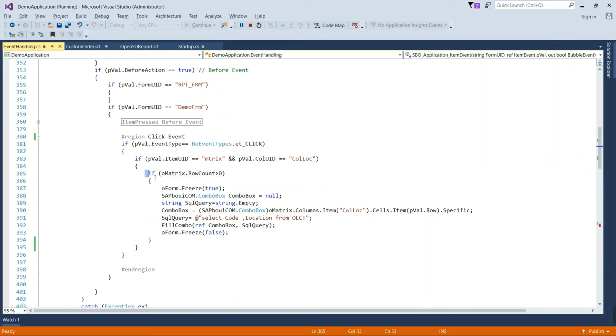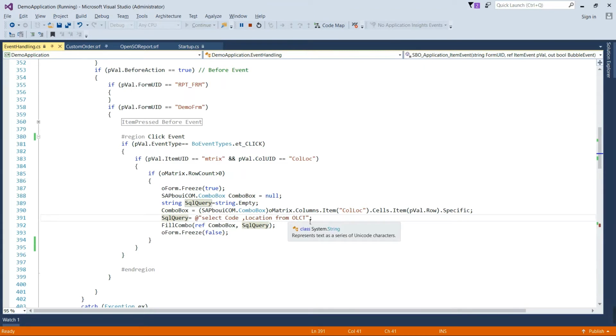If it is, we check there should be at least one row inside the column, and after that we have declared a combo box variable and a SQL query string variable, and then we have created a combo box object for a specific cell inside the matrix. You can see the index, this is the current index we are getting. So for the current cell we are going to create a combo box object here, and then we have written a SQL statement